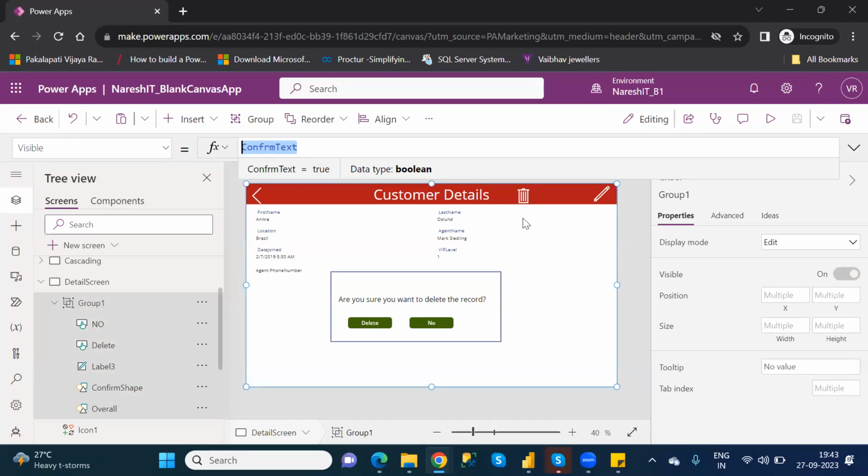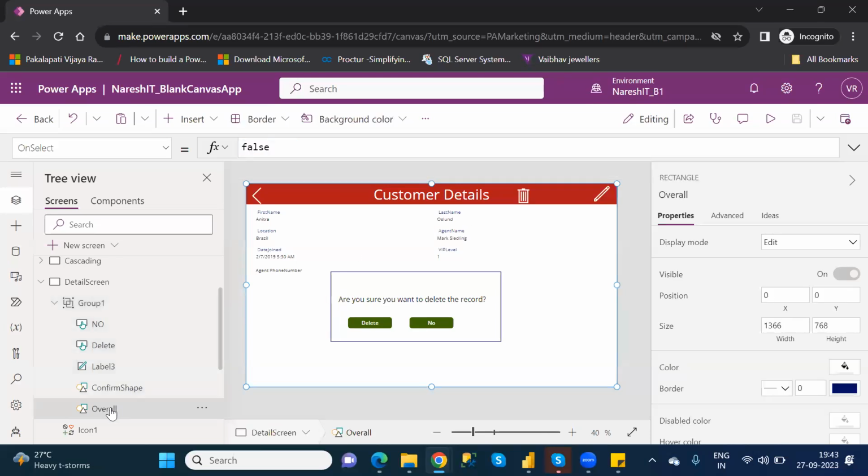So for this, first you have to take a shape. Okay. This is the shape. In this shape, I changed the background color to white. After I set the background color, I didn't see these elements like customer details, all the icons. I cannot see them.